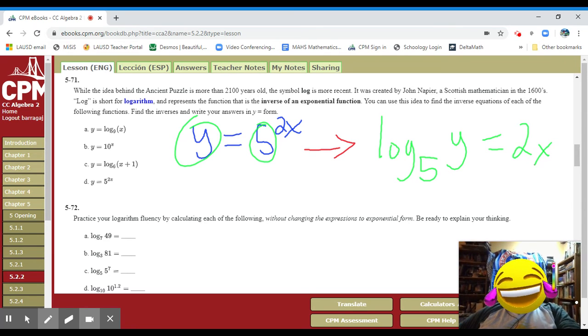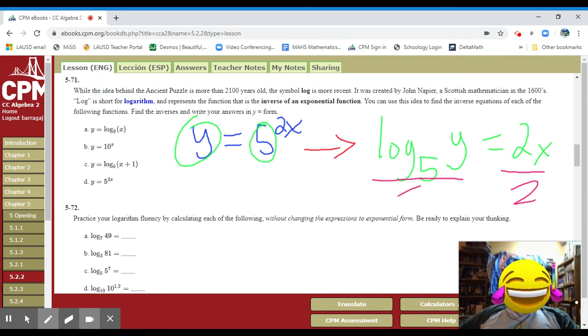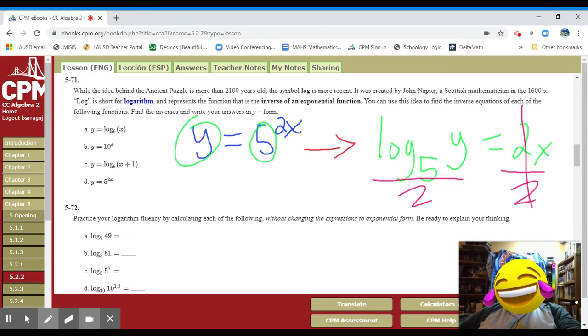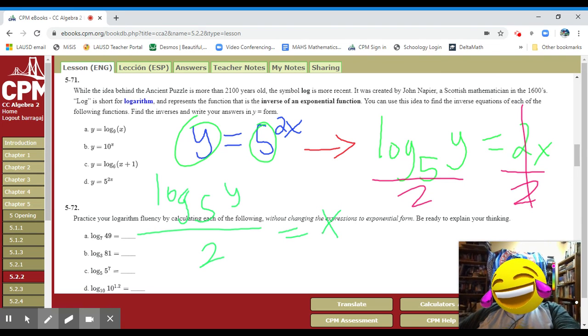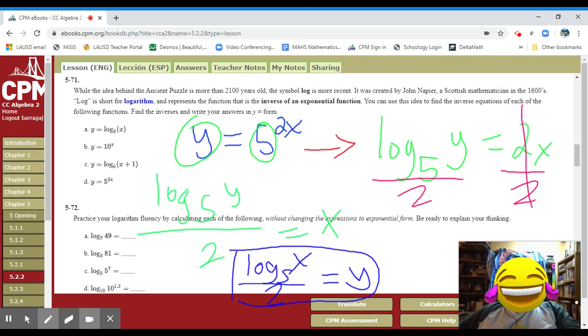So now we have this, but if you notice, there's a 2 here. So what we're going to do, we actually have to divide by the 2. If we divide by the 2, then we get that variable by itself. So that means, let me write it over on this side. Let me use a different color. So we're going to be left with log base 5 of y over 2 equals x, okay? Now the last thing I have to do is rewrite the order, right? So we're going to rewrite it as log base 5 of x over 2 equals y. And then just rewrite that order, you guys. Write it with a y first, and then